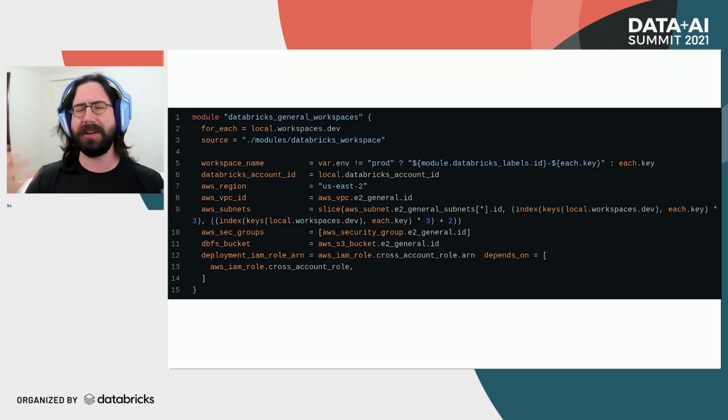This way, if for some reason down the road, we have a new team join that, say, needs super secret access to some special data that we don't want anyone else in the company to have access to, we can just add a quick line and boom, we have a unique workspace already built out for them that we can just have them log in. So